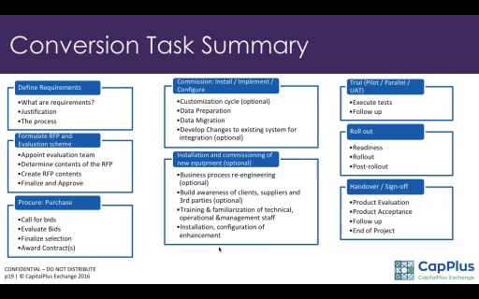There are lots. I can go into all these other areas, which also define the sub-processes. For instance, installation and commissioning of new equipment, which can be optional for some of the system conversion projects, because you may not need new equipment.